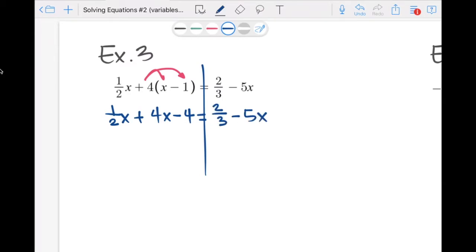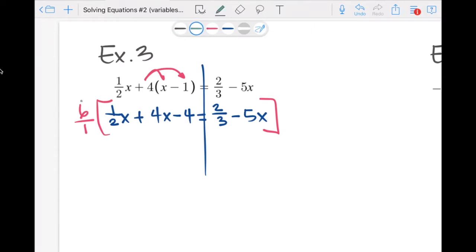So now that I have dealt with all the distribution in the entire equation, at this point I can multiply the entire equation by the least common denominator. So we only have two denominators showing right now. That's because the rest of the denominators would all be 1. So we really only need to consider the 2 and the 3. So the least common denominator with 2 and 3 is going to be 6. So I'm going to multiply the entire equation, every single term on both the left and the right side, by